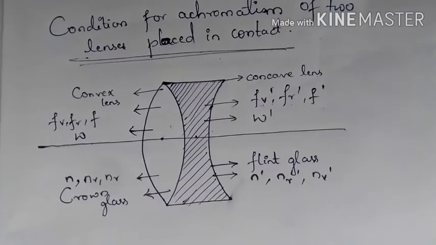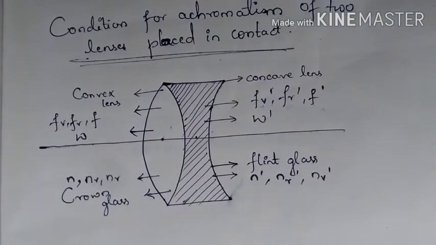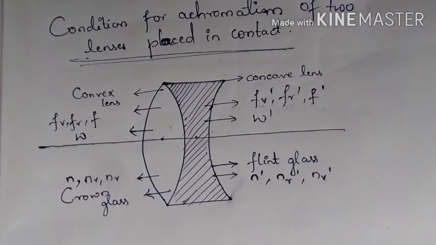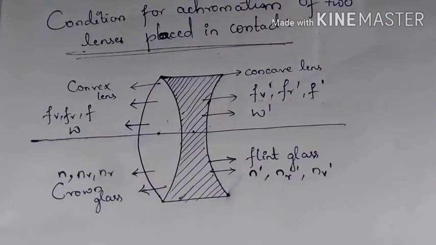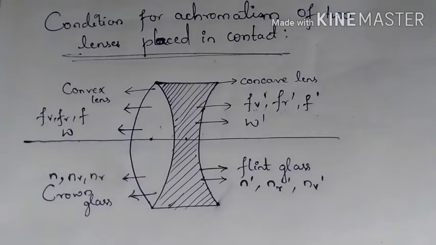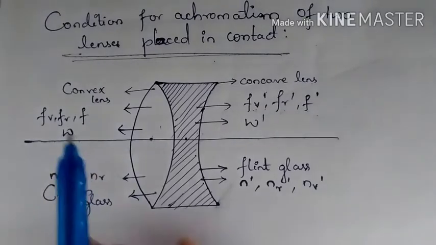So n is the refractive index for the convex lens and n prime is the refractive index for the concave lens. And the focal length will also be different. So f is the focal length for a mean ray in the convex lens and f prime is the focal length of a mean ray in the concave lens. So by using the lens maker's formula, let us write what will be the focal length for the violet color